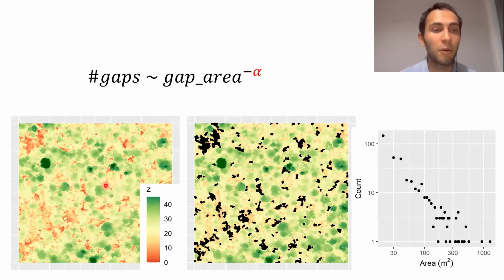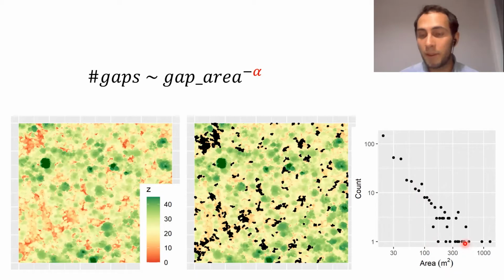So this is a canopy height model for Barro Colorado Island in Panama. And the green represents the higher heights. So these are tall trees in green, and the red are the gaps. With airborne LiDAR data, it's very easy to see the gaps. And in the figure in the middle, what I've done is essentially delineated all those gaps which reach down to 10 meters. So you have to define what you mean by a gap. And essentially I've defined for this figure, it has to reach from the top of the canopy down to 10 meters. And then on the right, what we see is the